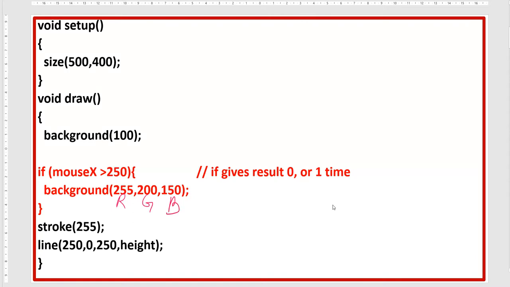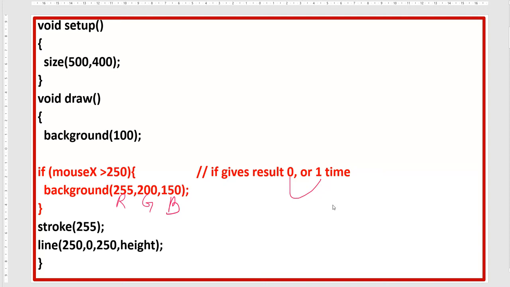I have mentioned in the comment that an if statement gives a result only whether it is true or false, or 0 and 1. If this condition is true, do this, otherwise do this, right?